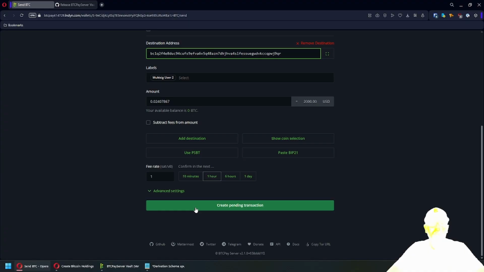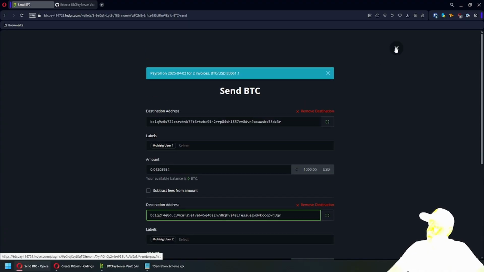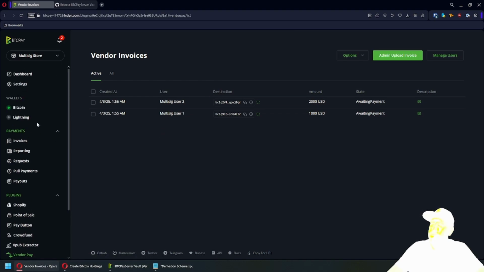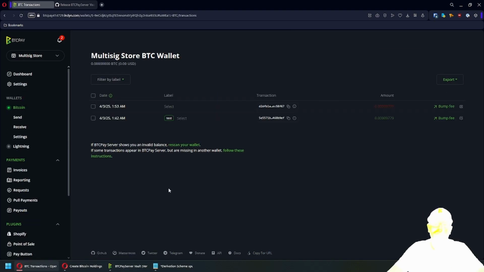works in your case. So yeah, I see that the future of multisig in BTCPay Server is extremely bright, and